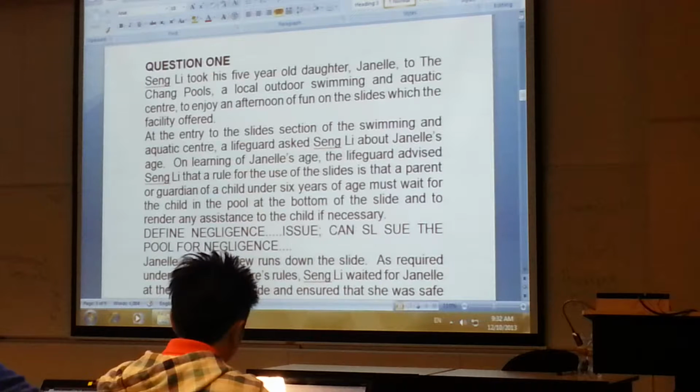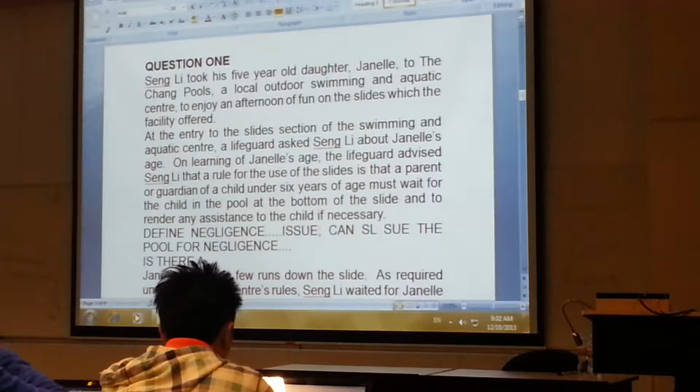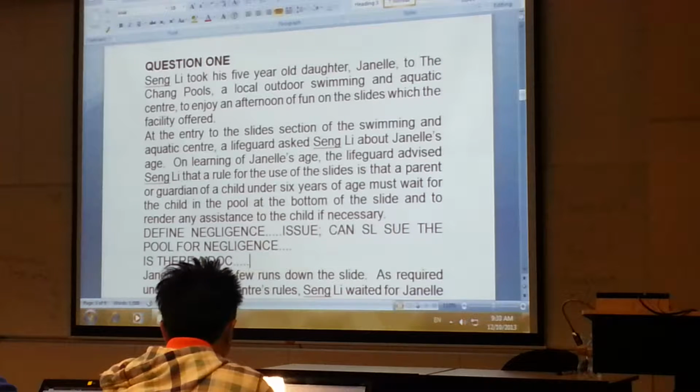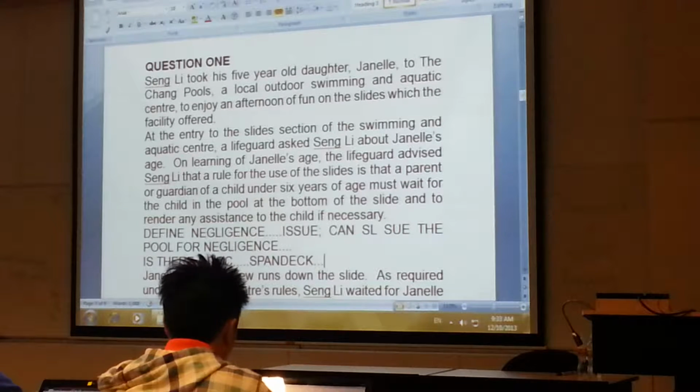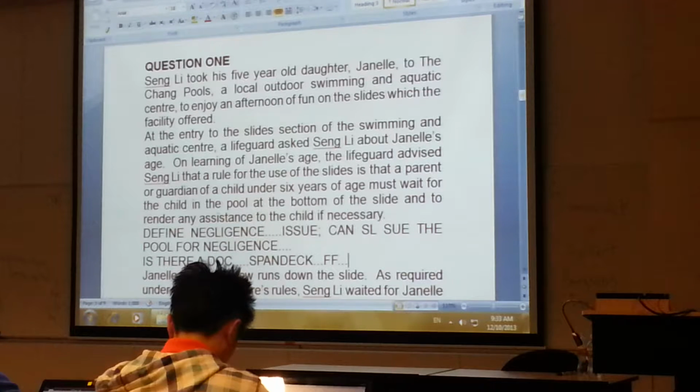The first thing you must establish here, class, is a duty of care. Then you talk about factual foreseeability, number one. So class, before you can do that, please quote the Spandac case. There must be factual foreseeability. So remember what I told you last week, class: if you're dealing with factual foreseeability, always say it's factually foreseeable that if you don't supervise the pool, somebody will be injured. So this is how you put it. Foreseeable that